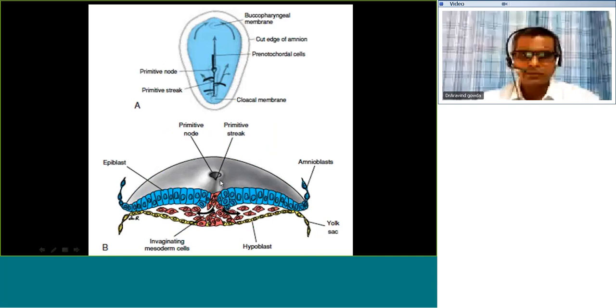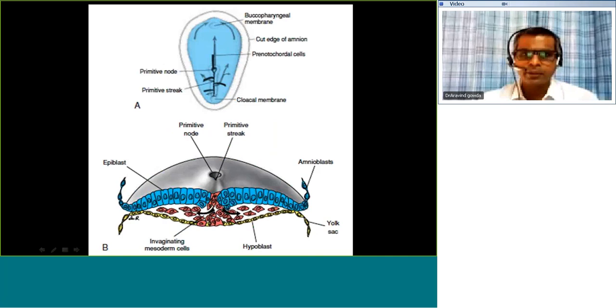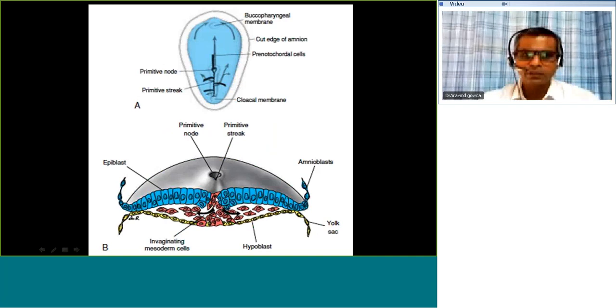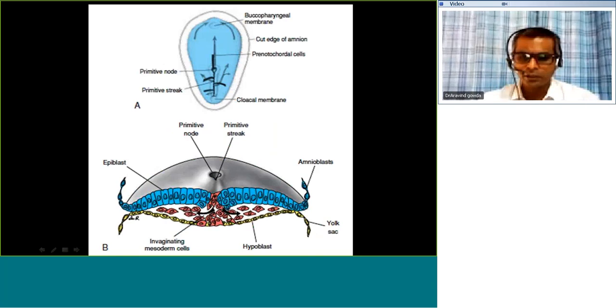So what happens is initially there will be formation of the primitive streak, which is nothing but the thickening of the epiblastic cells which are in the midline. They go towards the buccopharyngeal membrane, and at the cranial end of this there will be a primitive node. This primitive node will have a pit within it, that is called the primitive pit. So this is the primitive node or the Hensen's node. Through the primitive pit, the epiblastic cells invaginate to form the mesodermic cells. These mesodermic cells place themselves between the epiblast and the hypoblastic cells, and the trilaminar